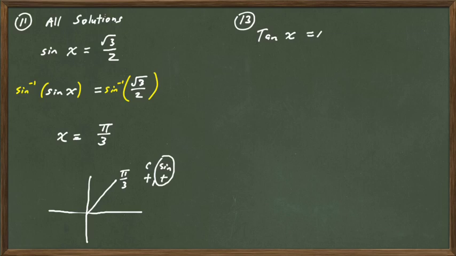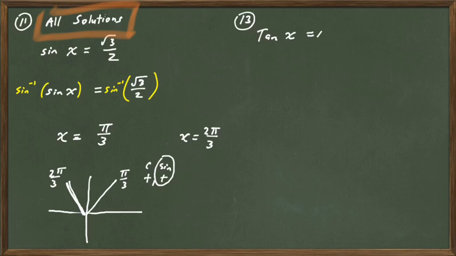In what other quadrant is the sine, or the y value, positive? Over here, 2 pi over 3. So either x equals pi over 3 or x equals 2 pi over 3. Does this ask for all solutions or from 0 to 2 pi? All. So to find all of them, you have to put plus the period for sine and cosine, which is 2